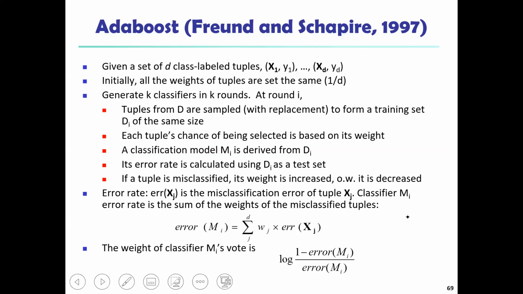AdaBoost. AdaBoost is a little bit different, in that weights are assigned here, which is the same as in the boosting technique. It is a type of boosting technique, but the main thing is that it has weights. So given a data set D, let us consider one example here. The class-labelled tuples are (x1, y1) till (xd, yd). So x1 is data, y1 is weight. We'll see with an example.